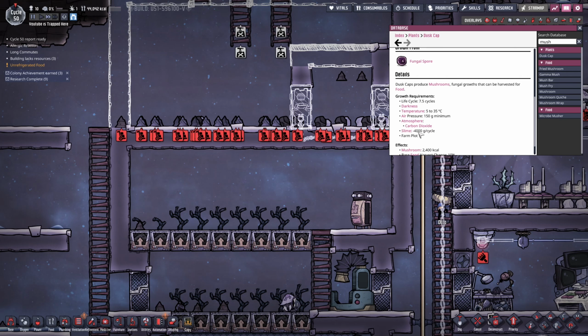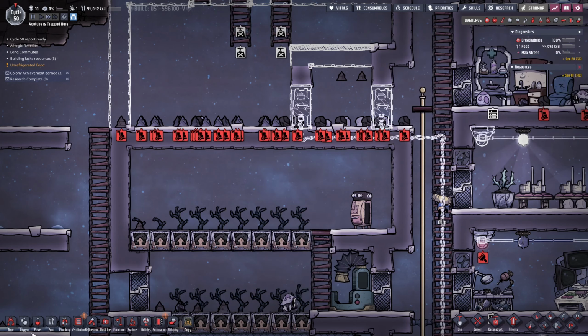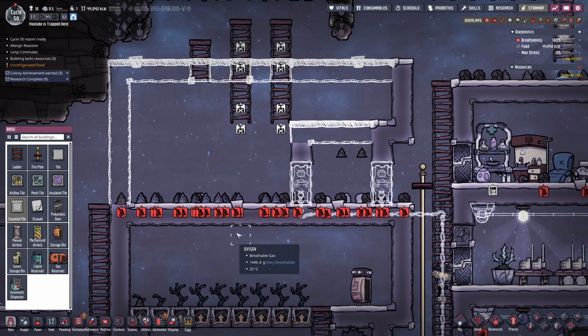Oh, which means I'm going to have to make a, okay. We're going to have to store slime in here. Then we need a farm plot. It doesn't need water, though. Doesn't look like it needs water. So I don't think we're going to have to use these hydroponics. Just needs slime, and that's what our guy will need to use. So what we'll need to do is submerge some slime. And what I could probably do...